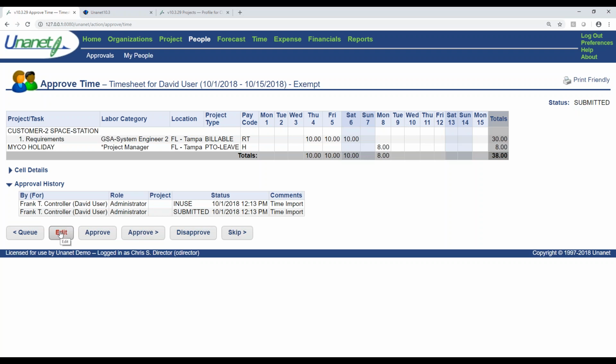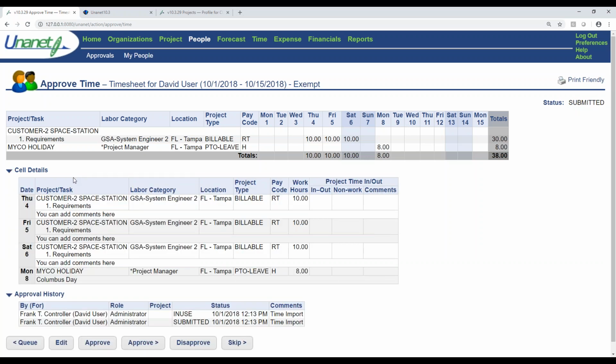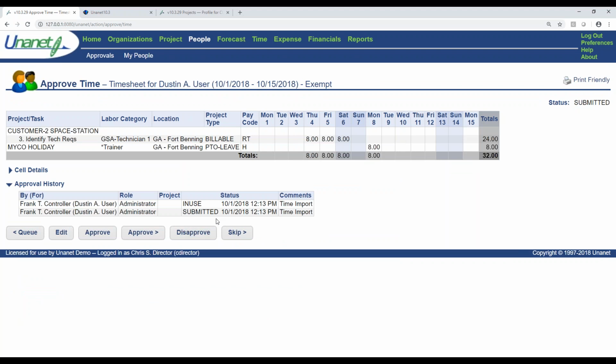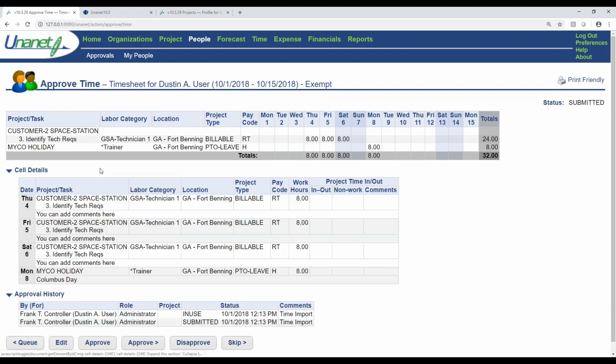But if you'd like to allow folks to edit the timesheet because you really need to get payroll processed, you can do that. And again, for our government contractor customers, there's a setting in Unanet where you can go in and that end user will have to review the time that was submitted on their behalf. And so there's that in Unanet. But you can see all the comments, all the details around that time entry right here, and we can approve that. So that's as simple as it gets as far as time approval gets.